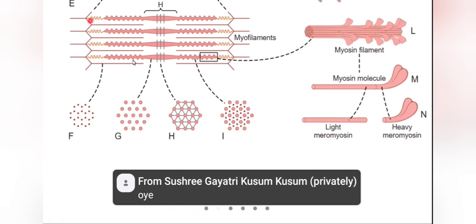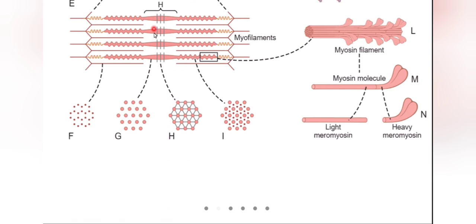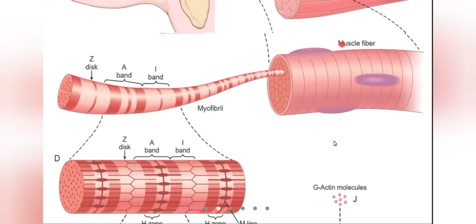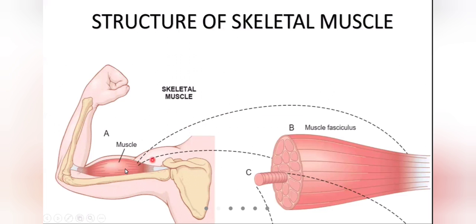You have many such contractile units, or many such sarcomeres, continuously. When these together contract, the skeletal muscle also will contract. If the sarcomere contracts, the myofibril will contract. If all the myofibrils contract, then the muscle fiber will contract. If all the muscle fibers contract, then the whole muscle fasciculus and the muscle together will contract. That is how the muscle goes into contraction. This is skeletal muscle contraction.